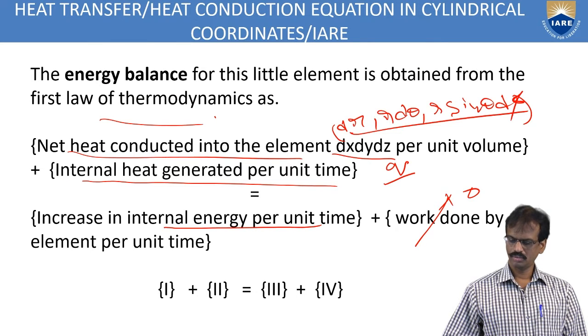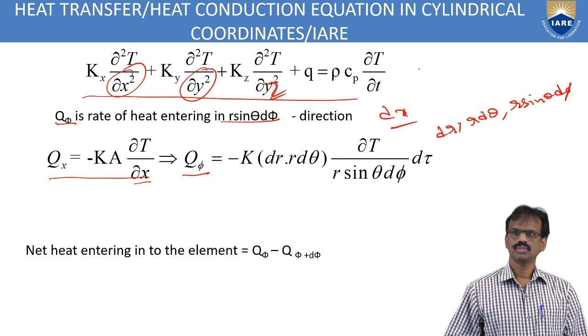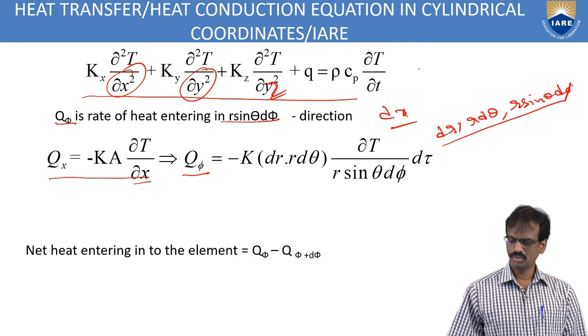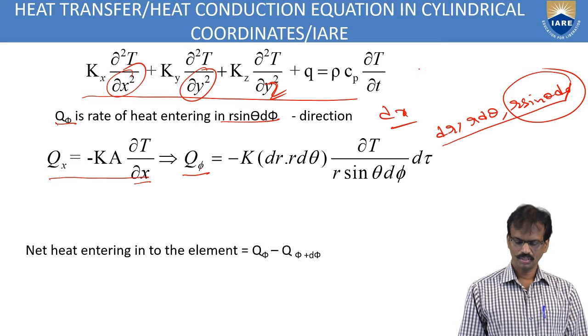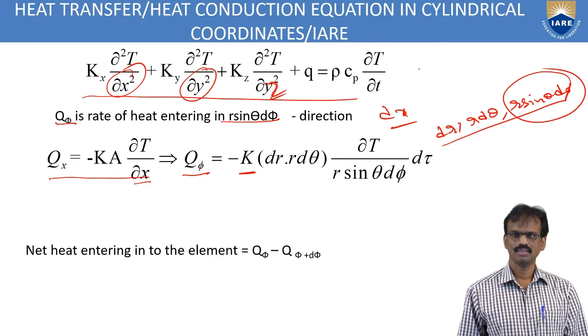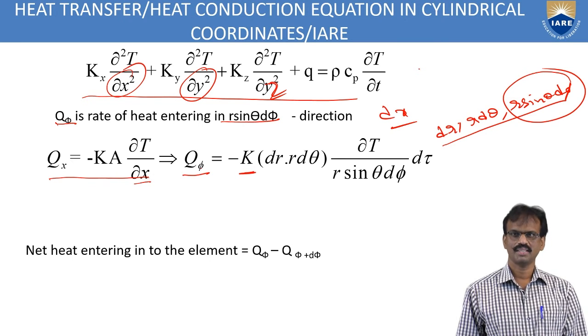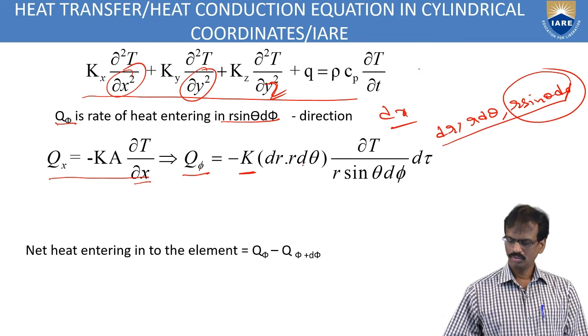R d theta, r sin theta, d pi. Okay. So with respect to these surfaces, you have to consider, first of all, we are taking this surface. So then q pi is equal to k into, just like here, we are taking the uniform thermal conductivity. Okay, minus k into. So we are taking with respect to this, which means you have to take the remaining